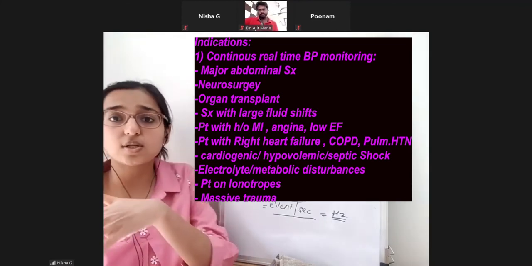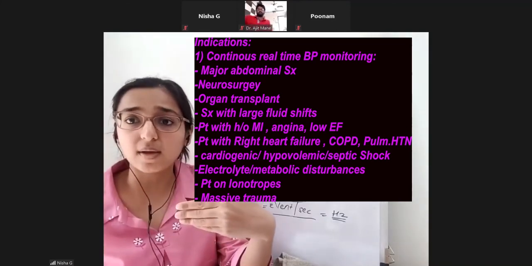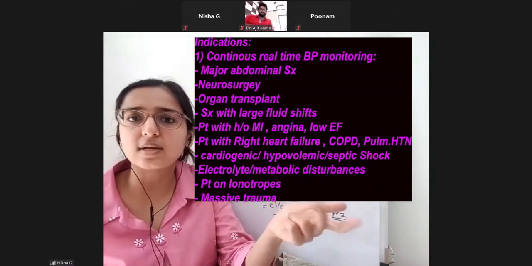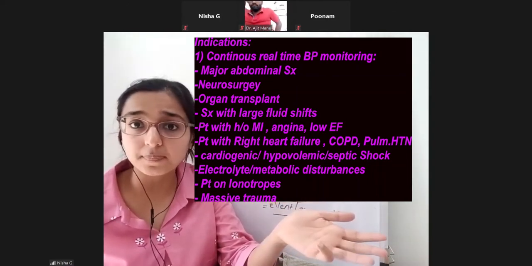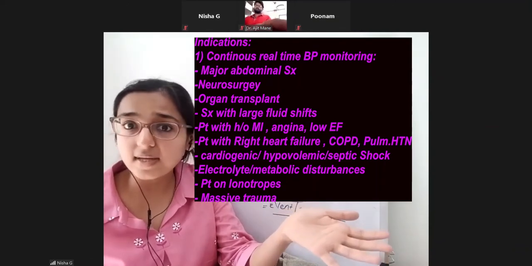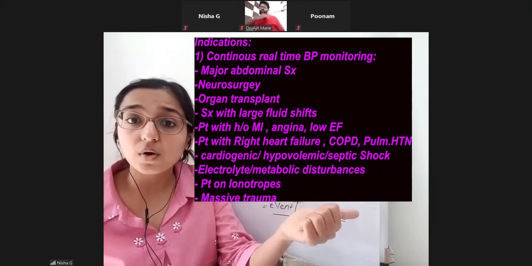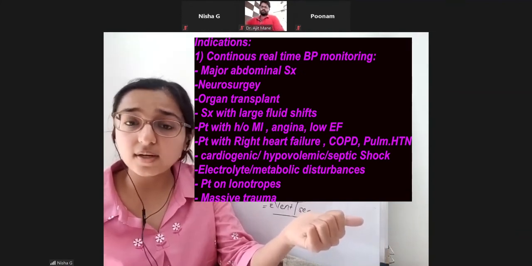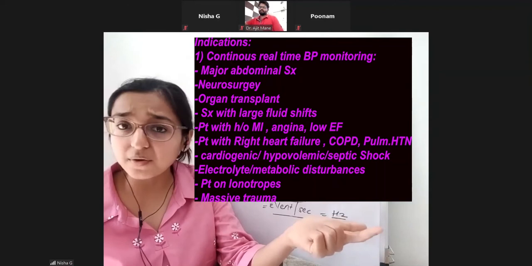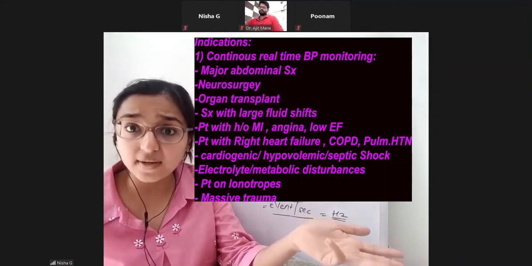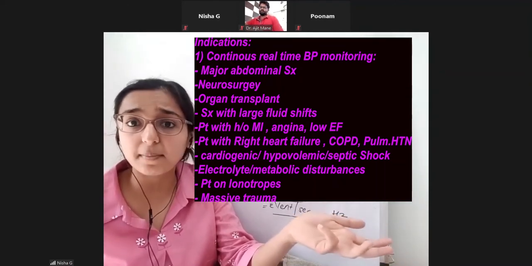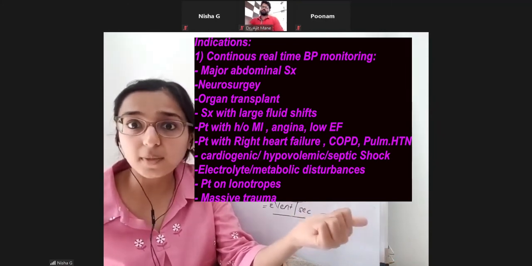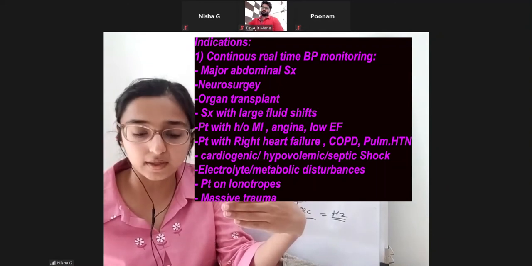There are some surgeries where you want this continuous BP monitoring: major surgeries, pheochromocytoma, major abdominal surgeries like Whipple surgery, cardiac surgery, neurosurgery, orthopedic spine surgeries. Patient is receiving NORAD, DOPA, vasopressors, we want beat-to-beat monitoring, right? Patient is having maybe cardiogenic shock, hypovolemic shock, septic shock. It's so difficult to get manual BP readings. Readings are sometimes very low. That is the time when we want beat-to-beat BP monitoring so we can titrate our inotropic drugs, right?